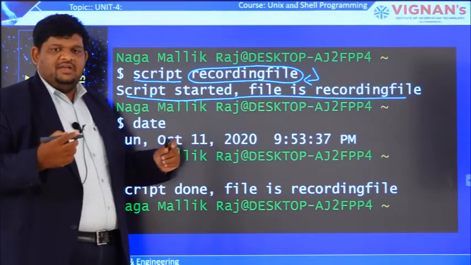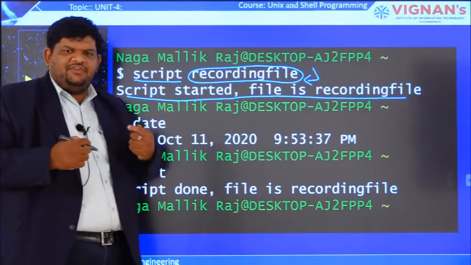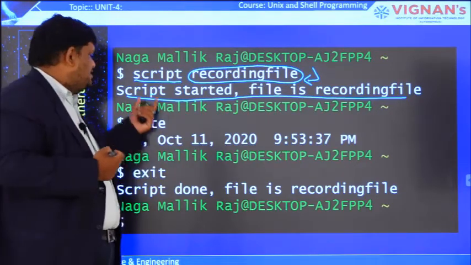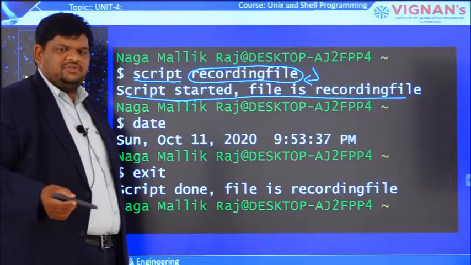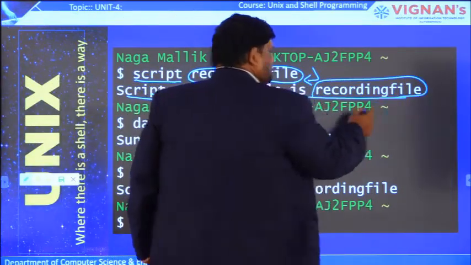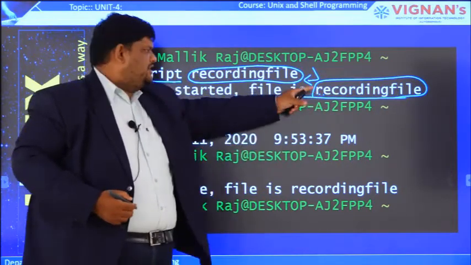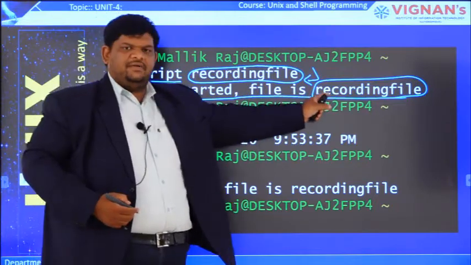It means recording of our current session, of the activities we do on the terminal, has started. We can also observe where the script is going to be stored: in this file, recordingfile, our entire session will be saved. So it gives a clear message: script started, file is recordingfile.